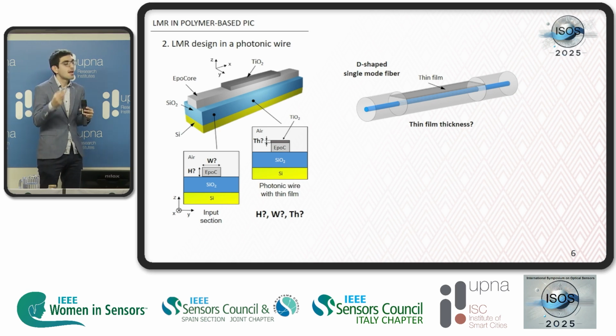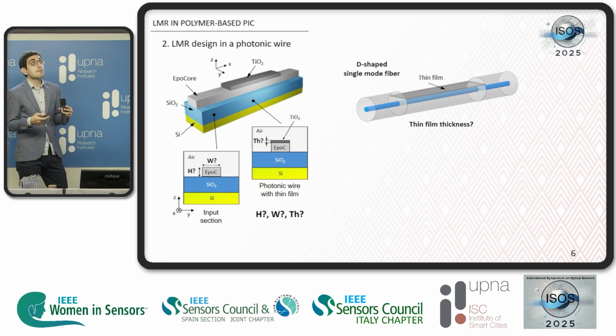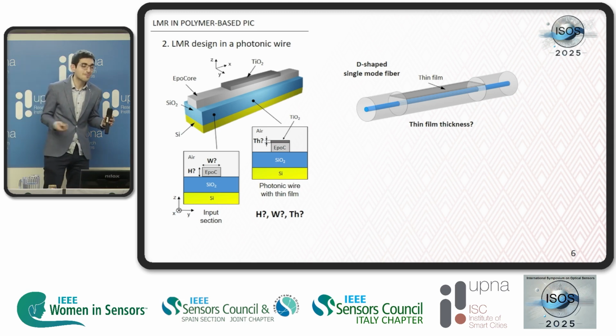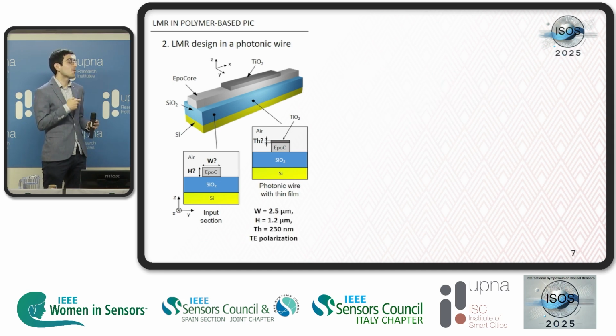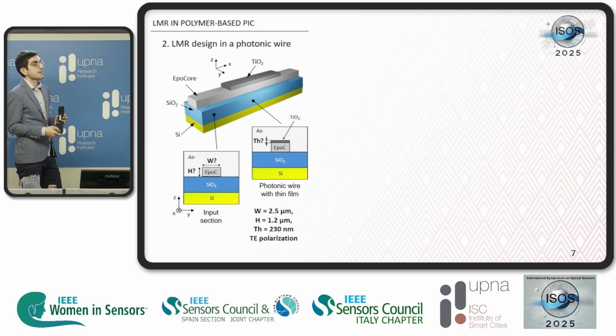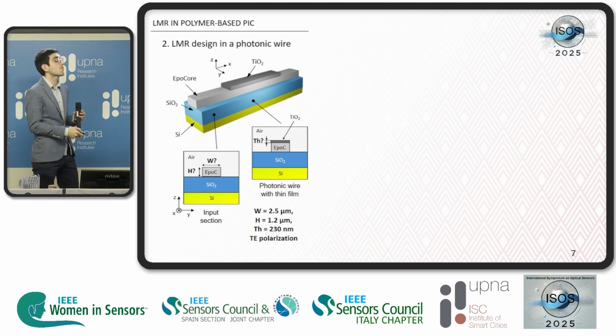doing this. So, as I have said, this is tricky, at least for me, and I have 3 degrees of freedom, and I didn't arrive to any magical procedure to get a good design, so I decided to do a triple parameter sweep until achieving a sweet spot. Okay, so I arrived to this design. I arrived to a width of 2.5 microns, a height of 1.2 microns, and a thin film thickness of 230